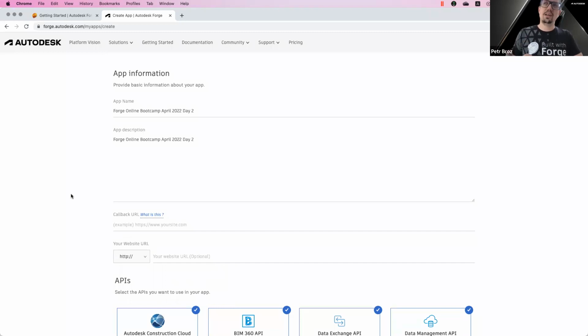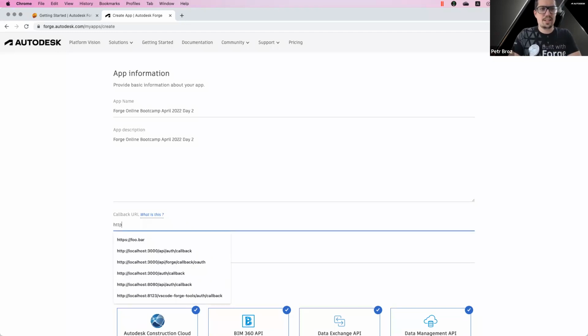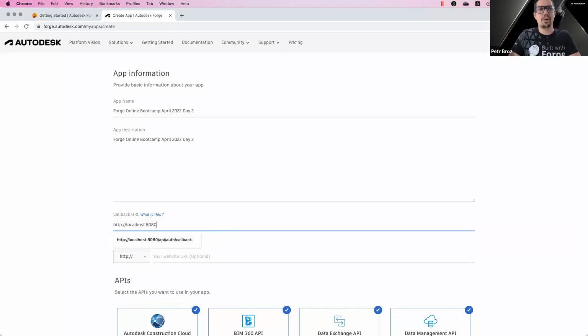Now, the value we should set there will depend on, first of all, where we deploy the application, where it's running, if it's on localhost or if it's deployed to Heroku or Azure or someplace else. And it also depends on the actual path, the URL that we implement in our application. In this case, we're going to be running everything locally on localhost port 8080. So I'm going to start by entering HTTP localhost port 8080. And I believe, and we can come back here and change this if needed,